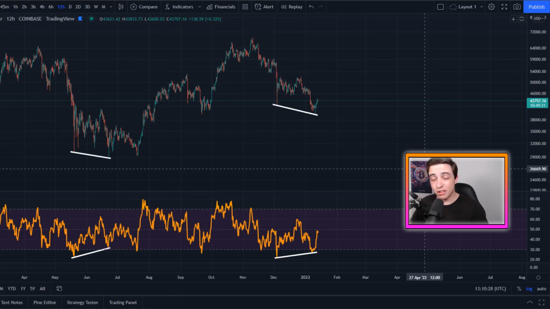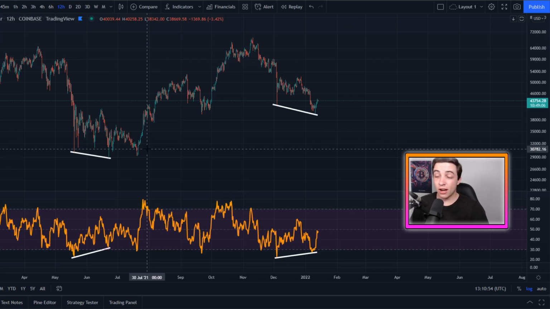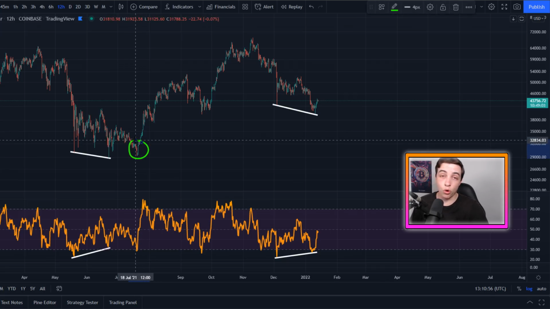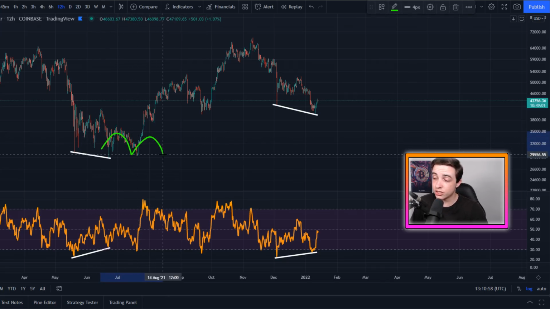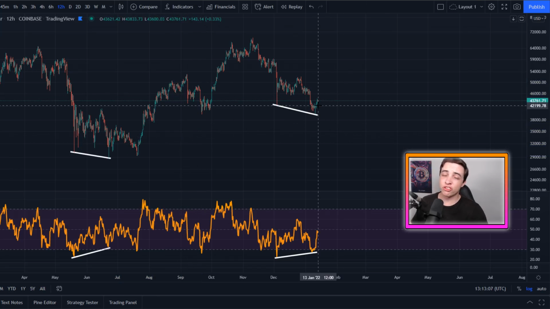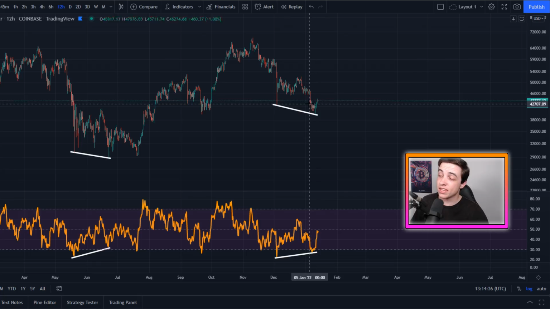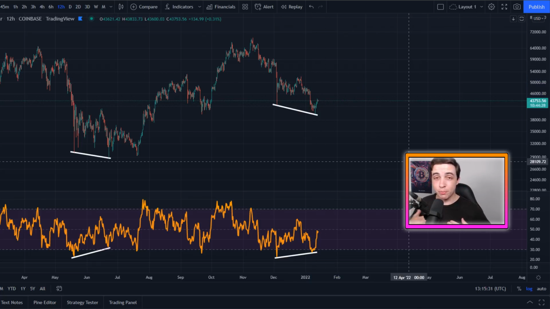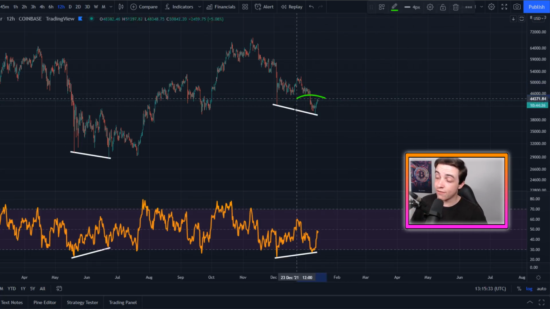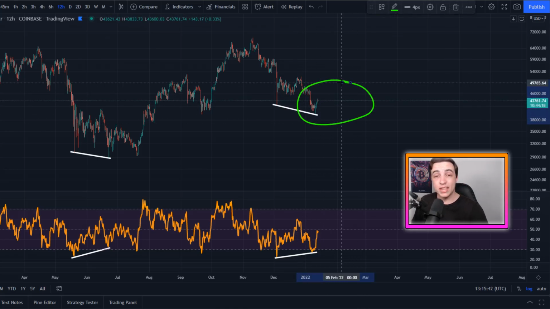Now, it's important to mention that I am not saying we're going to see the exact same thing play out again. For example, we might not even play out that next move to the downside, or we might even see another dip to the downside that we didn't end up seeing last time before we then enter the recovery. But a bullish divergence is not meant to tell us exactly every single dip and every single pump that's about to come next. What it does tell us is the general direction that we should be heading over the next few weeks, possibly over the next few months. And so that is why my personal Bitcoin strategy is to continue to dollar cost average into Bitcoin in anticipation of a recovery coming sometime soon, possibly within the next few weeks or so.